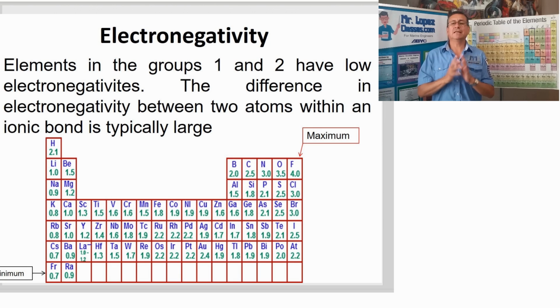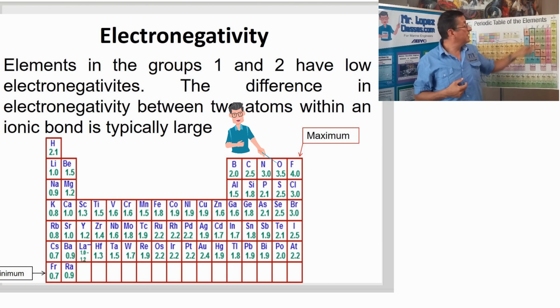That's the explanation. Okay, what happened normally with the elements with high level of energy? The elements with high level of energy try to attract, for example, oxygen. Oxygen in what group is located? It's located in group number 6. Oxygen normally tries to attract 2 additional electrons because oxygen has 6 electrons in the last orbit, and only needs 2